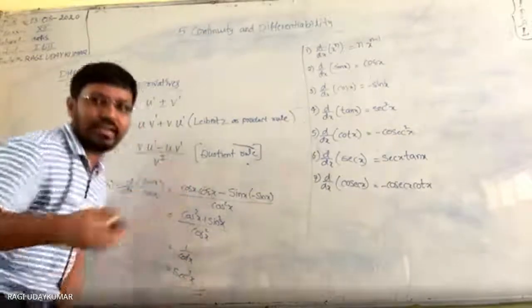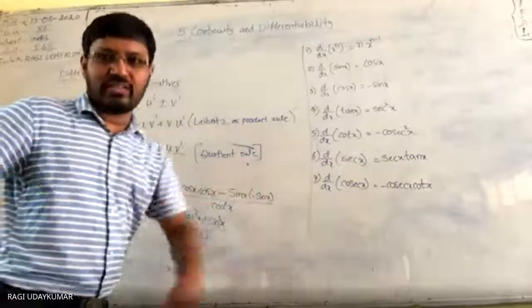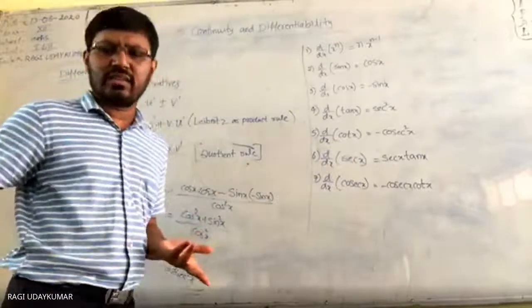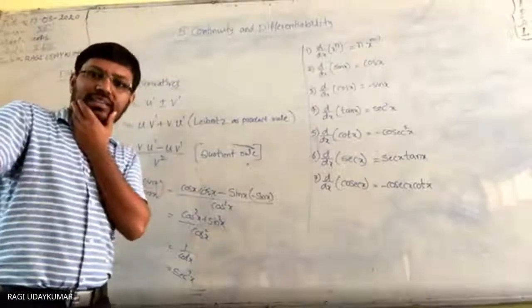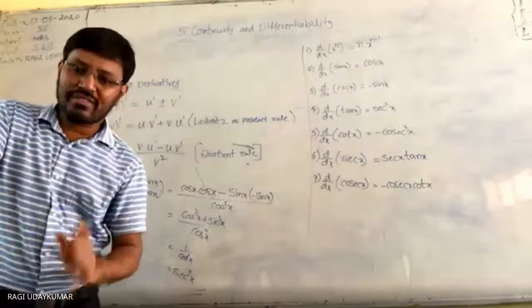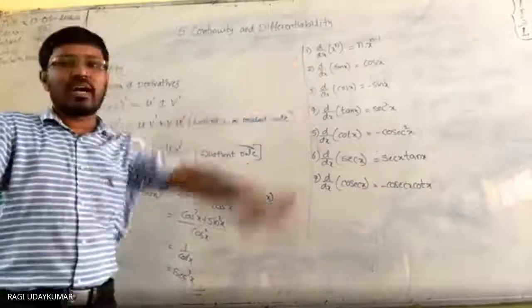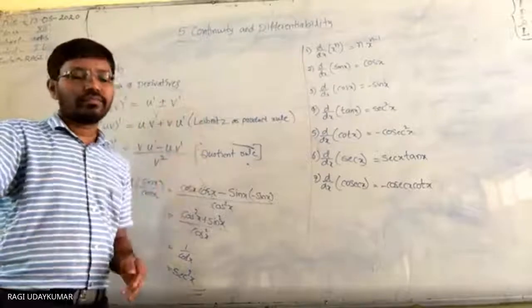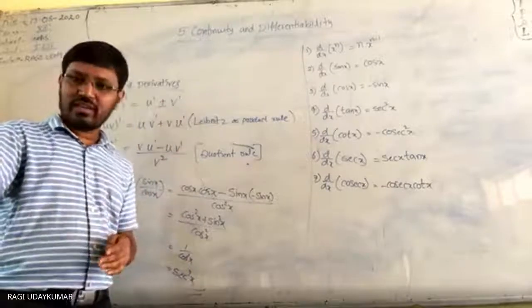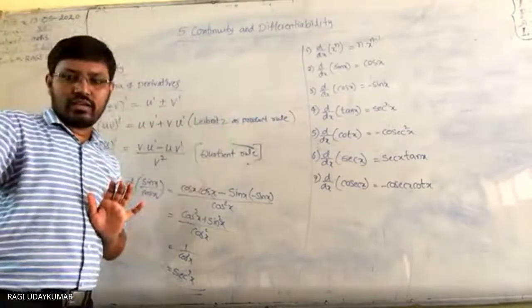This you have already learned in 11th class, but I am recalling it. Suppose anyone asks you, prove that the derivative of tan x is equal to secant square, for a 2 marks question, there may be a chance. How do you prove this? Don't worry. Suppose anyone asks you in the examination, prove that d by dx of sin x equals cos x, use first principle. You have already proved that in your 11th class; the proof is in 11th class. Okay? So did you understand this? For this, what to do in the quotient rule? Is it audible to you? Yes, sir, it is audible.